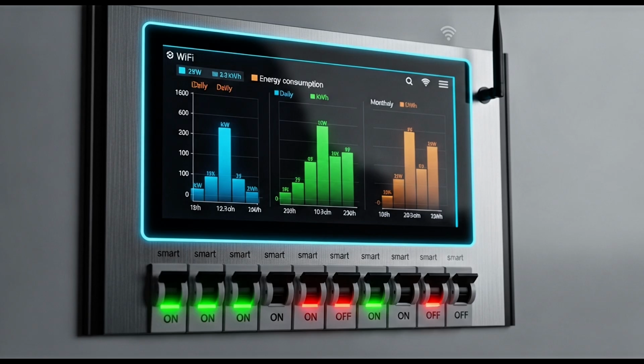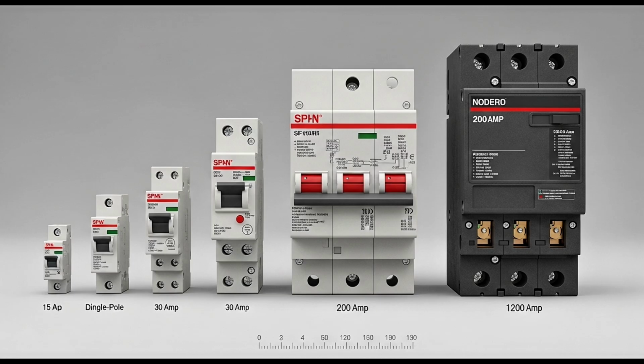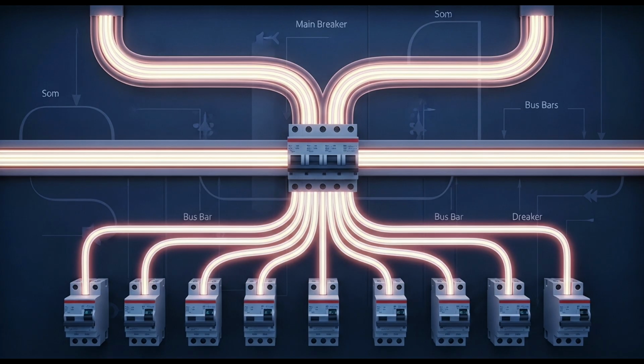There's also a third type of protection found in modern panels, the arc fault circuit interrupter, or AFCI breaker. These sophisticated devices contain electronic circuitry that analyzes the electrical waveform for patterns characteristic of dangerous arcing, those sparks that can occur in damaged cords or loose connections. Arc faults are a leading cause of electrical fires, and AFCI breakers can detect these conditions and shut off power